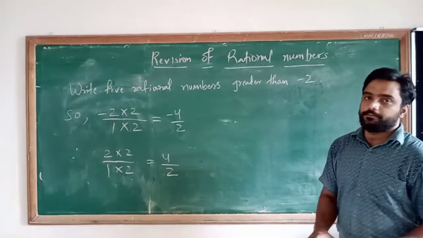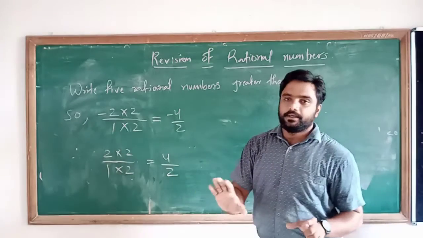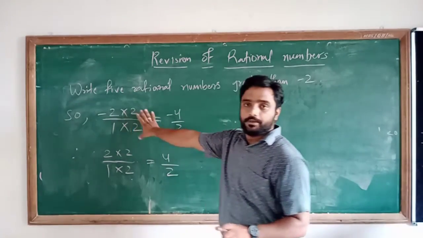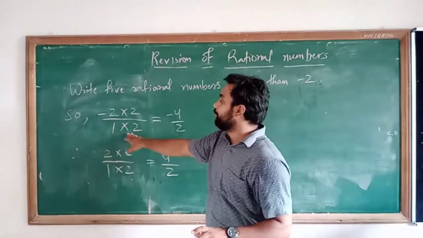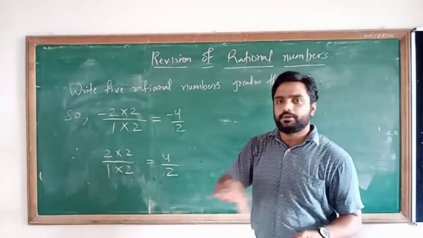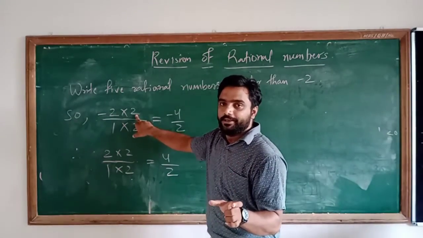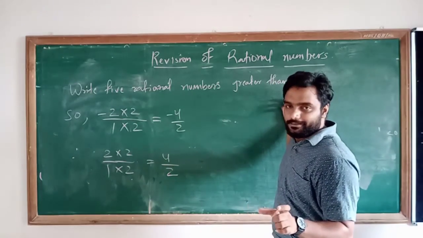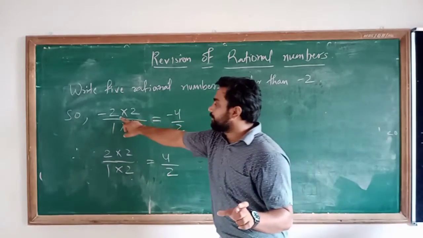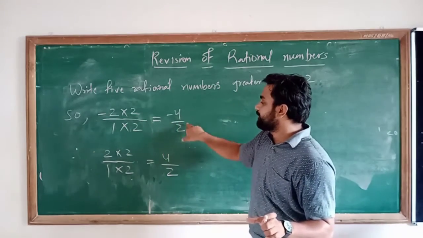Okay, listen here please. यहाँ मैंने क्या किया हुआ है? minus 2 ही हमें दिया गया है, तो minus 2 को पहले रेशनल फॉर्म में कन्वर्ट करता हूँ. That I can write minus 2 upon 1. Now what I will do? I will multiply with any number. You can multiply with any number. Okay, suppose I am multiplying with 2. Okay, why I am multiplying with 2? Because it fulfills to write the answer. Okay, so minus 2 multiplied by 2 upon 1 multiplied by 2. So here I am obtaining minus 4 upon 2.